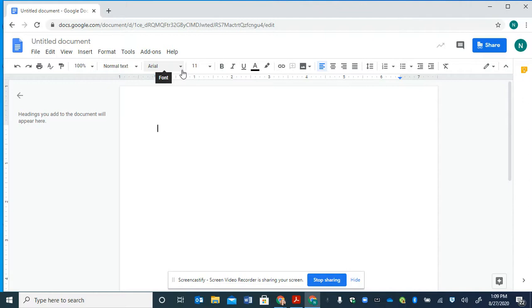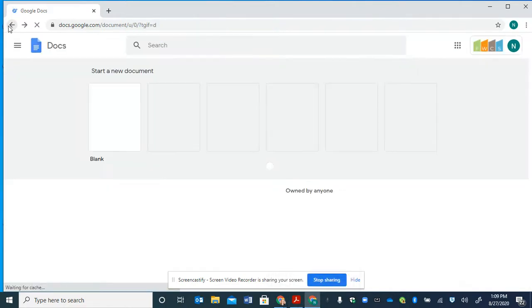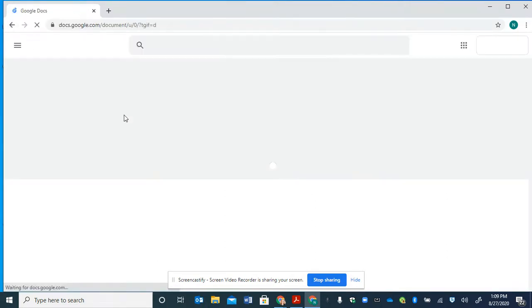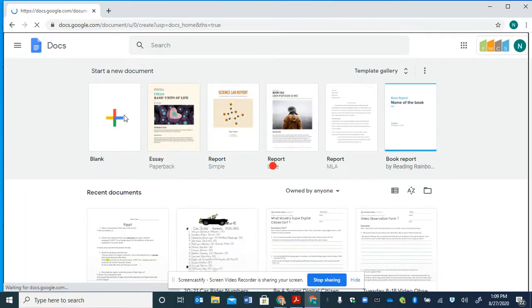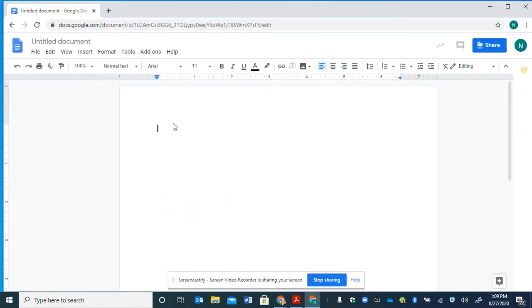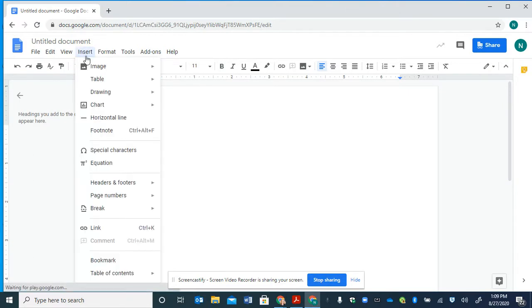The other thing is you could also use Google Docs. Just like we just did there, if I wanted to do the infographic, I would also click on Docs and open a blank doc. And then I could plug in the pictures and the text boxes and things like that. So I can insert